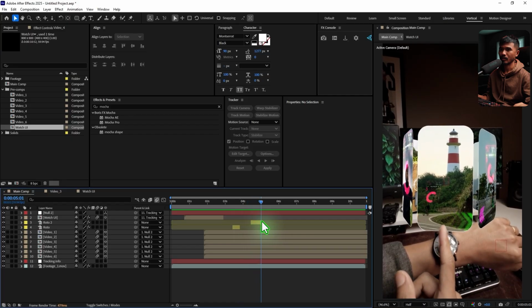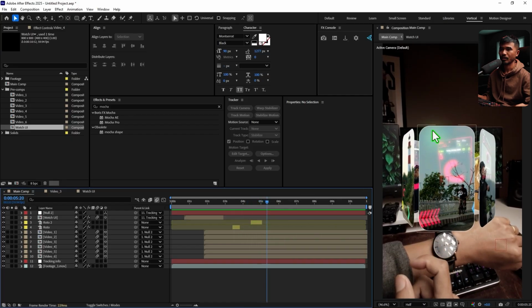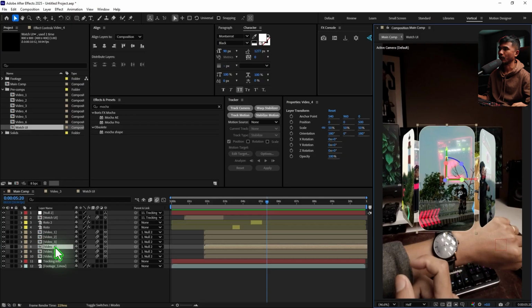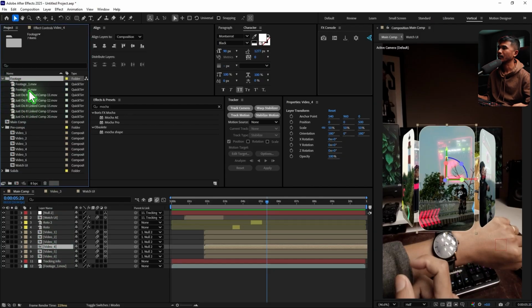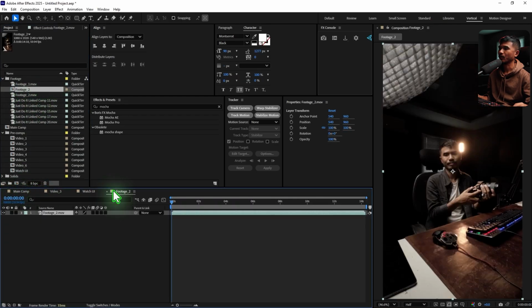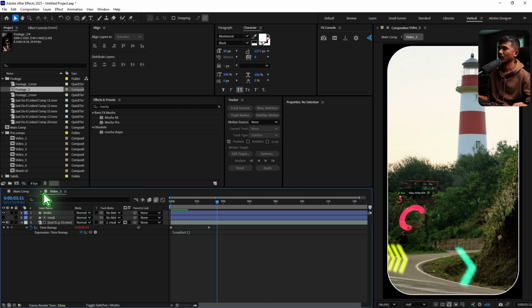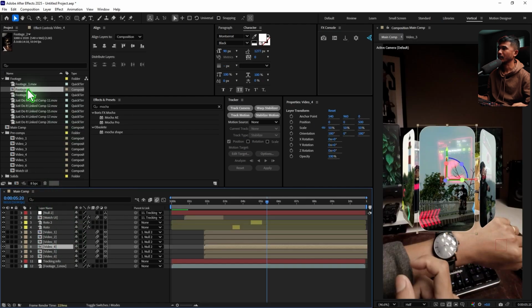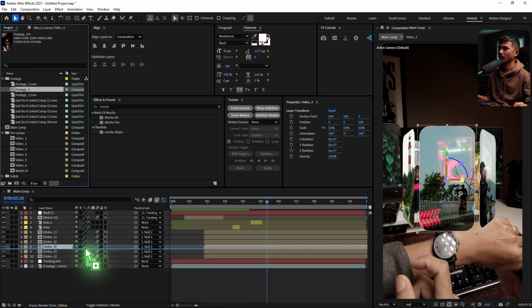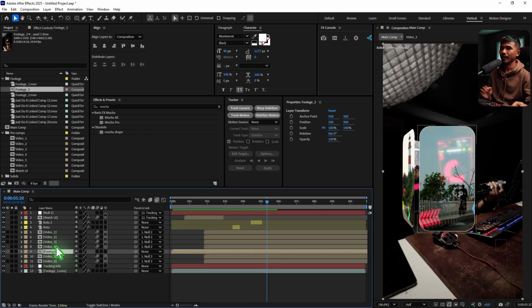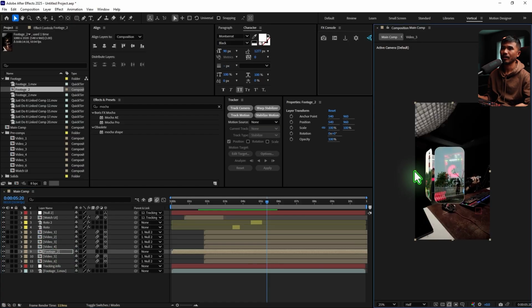All right, let's move on to the next one, which is going to the last slide of this carousel, which is this one. Let's just select this, which is video number 4. And let's go to the footage, and let's just select this footage too and drag it inside the new composition, and that will create a new composition. Close this, close everything, and let's just drag and drop this footage to pre-comp just below the video 4 here. And what I'm going to do here is scale this up a touch,